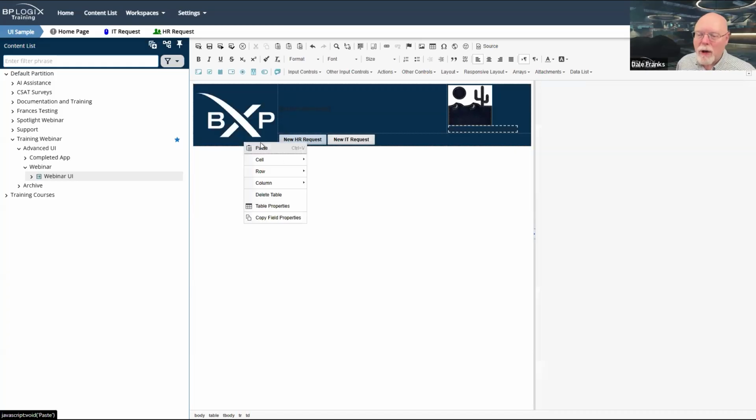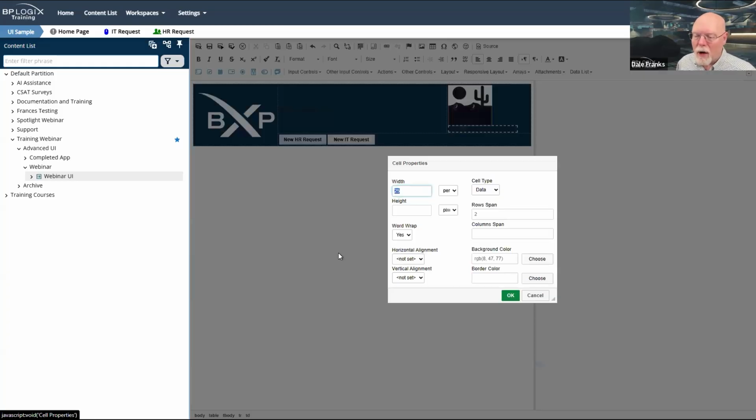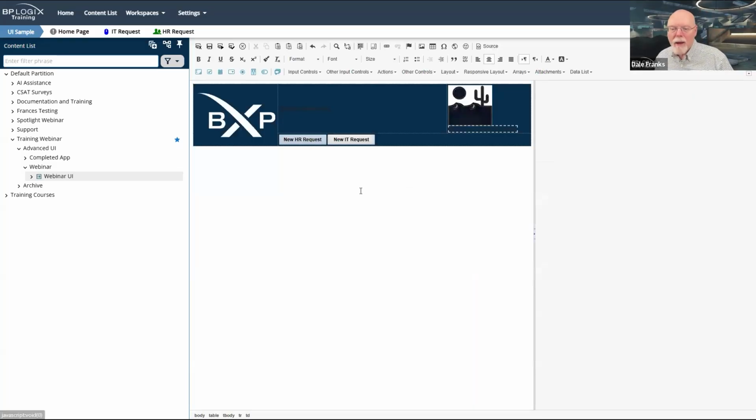There's a couple of things I want to do in the cell too to set its cell properties. For the display, I want to set my horizontal alignment to center and my vertical alignment to middle so that my image will appear right in the center middle of the cell, no matter how big the cell gets. It's not going to get much bigger than this, but I just want it to be able to display really nicely.